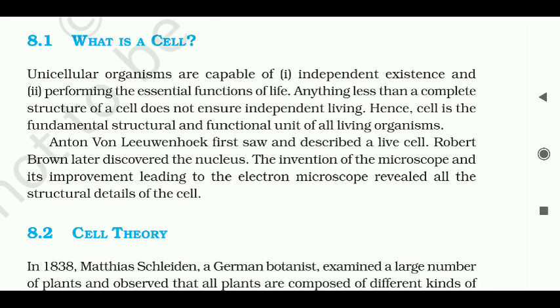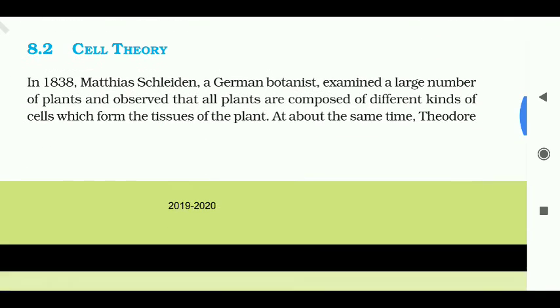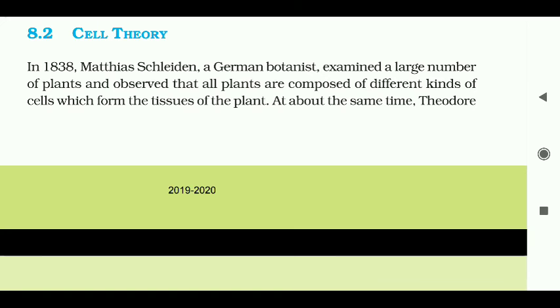Anton von Leeuwenhoek first saw and described a live cell. Robert Brown later discovered the nucleus. The invention of the microscope and its improvement leading to the electron microscope revealed all the structural details of the cell. 8.2 Cell theory. In 1838, Matthias Schleiden, a German botanist, examined a large number of plants and observed that